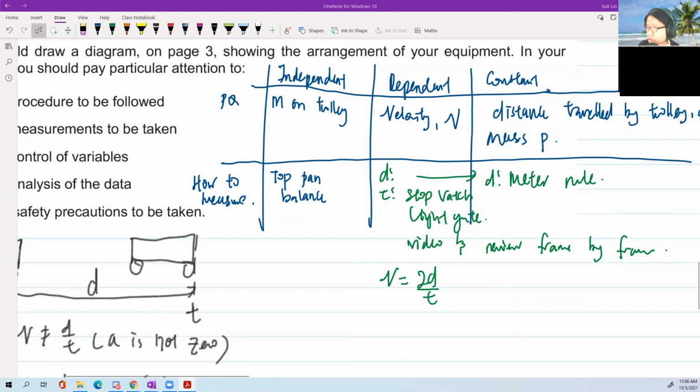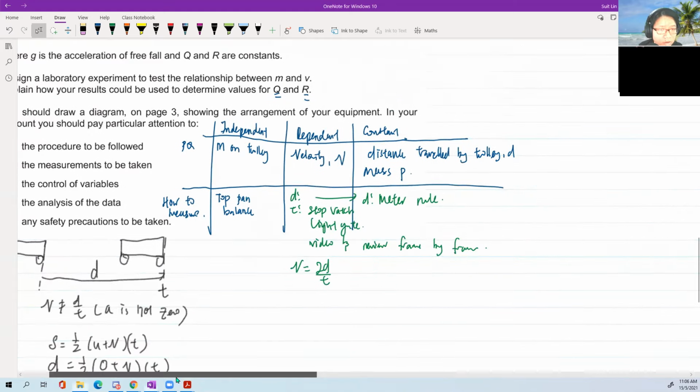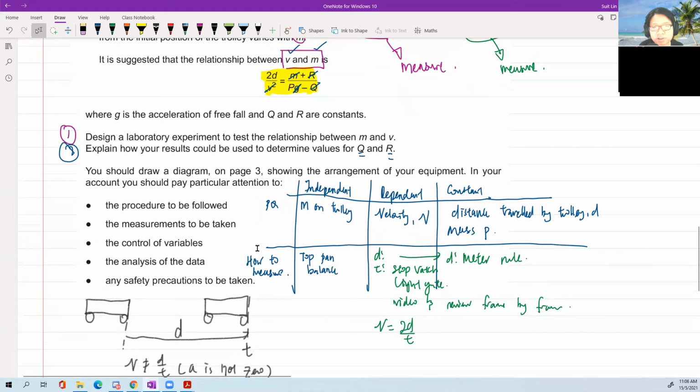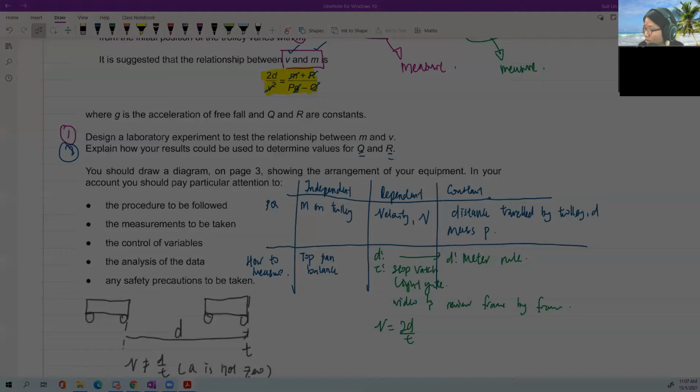Okay, so I think we can write the experiment already. So when writing out this one, again, we start off with the statement, the problem statement. So let me put it down first. Oh no, wait, we also need to modify the equation to get a straight line. Okay, let me steal the equation again from the question paper. Where is the equation? Okay, I'm gonna